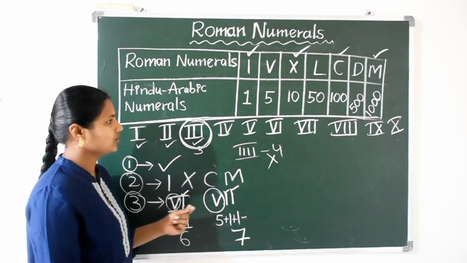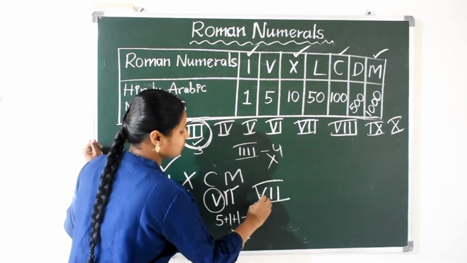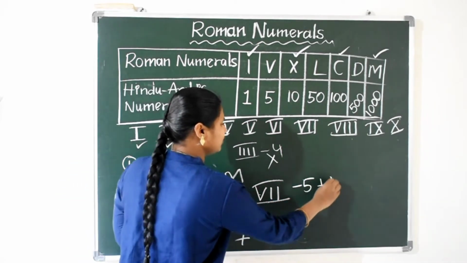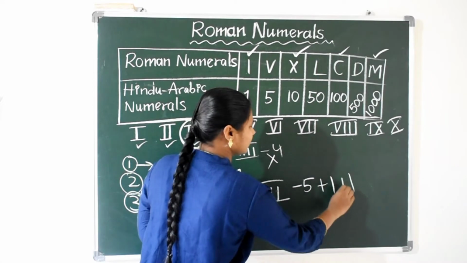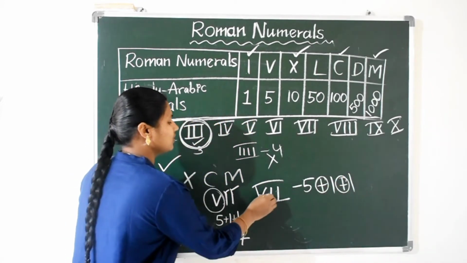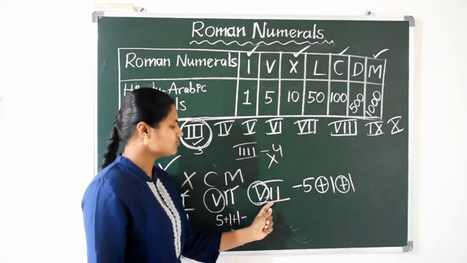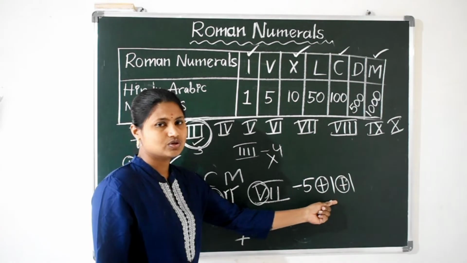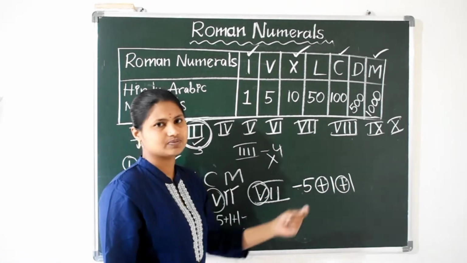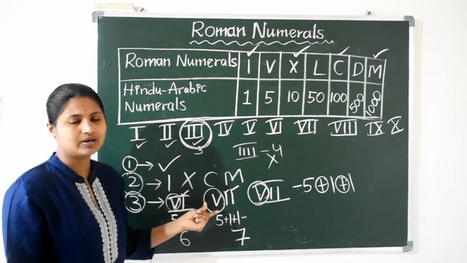Okay, so here we can say VII means, V means what? 5, right? I means what? 1. I means 1. Here why am I adding these numbers? Because here 5 is the greater number and 1 is a smaller number, 1 also a smaller number. So the big number comes first, and we have to add the numbers. Okay, this is property 3, rule number 3.